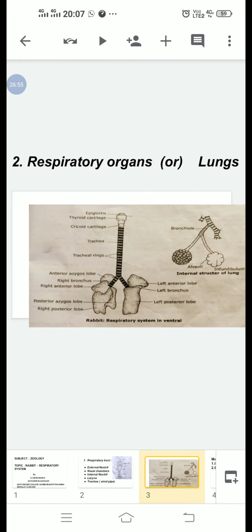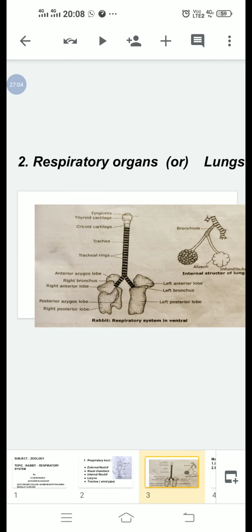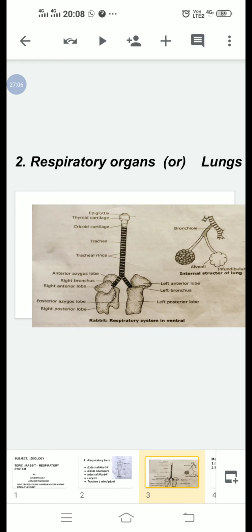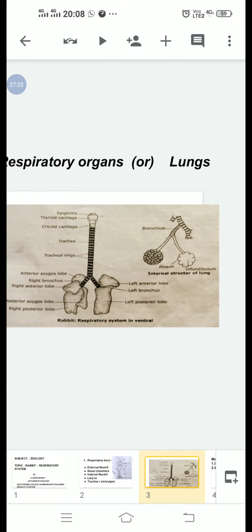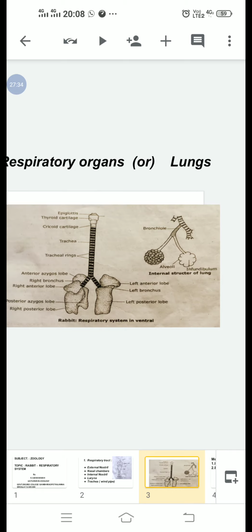In the lungs, the bronchus is divided into fine tubes called alveolar ducts. Alveolar ducts open into a chamber called the alveolar sac. The alveolar sac gives out several small pouches called alveoli or air sacs. A group of alveoli looks like a bunch of grapes. The wall of the alveolus is extremely thin, made of elastic connective tissue fibres, and surrounded by a fine network of capillaries.